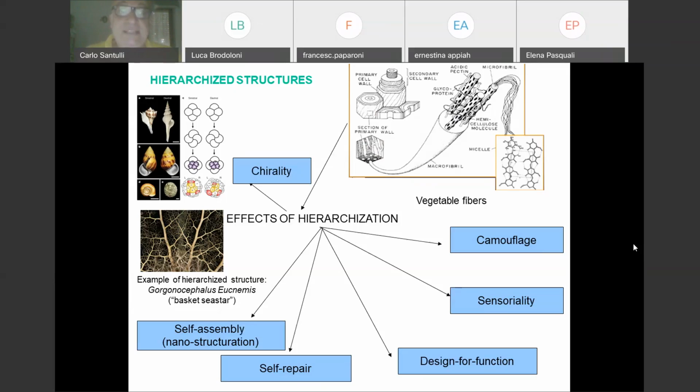Therefore, the idea is also to design for function, and the repair, self-repair is connected to design for the function, because when you repair something in nature, it hasn't exactly the same shape it used to have. Like bone, when you repair bone, it doesn't have exactly the same geometry, because it builds on repair, on repairing the surface or repairing the structure.